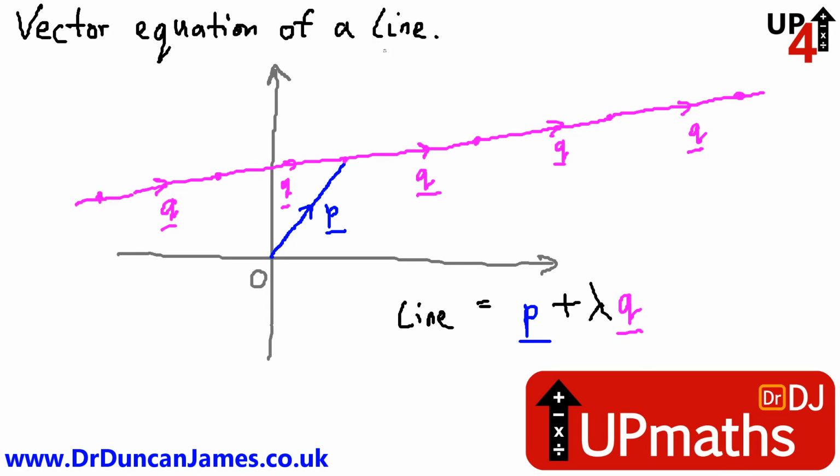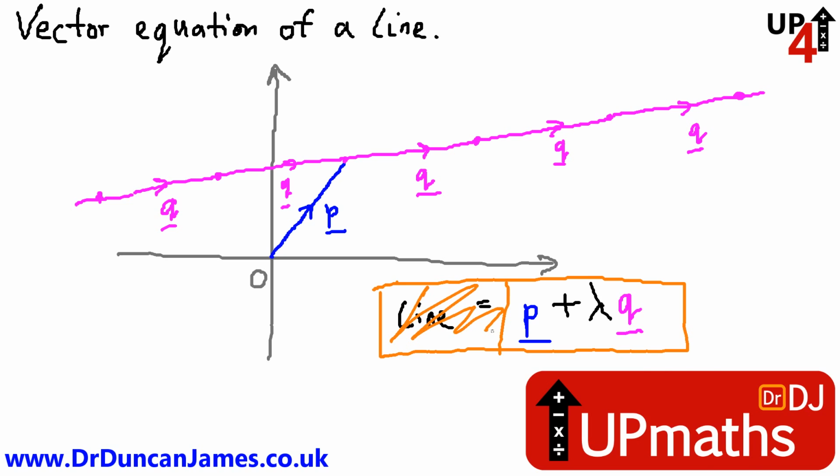This is how the vector equation of a line works. This is the vector equation here, or more specifically the bit on the right hand side. You could ignore the line equals bit. How does it work? Well, you've got a lambda here, that's like a constant, so that could be -1 or